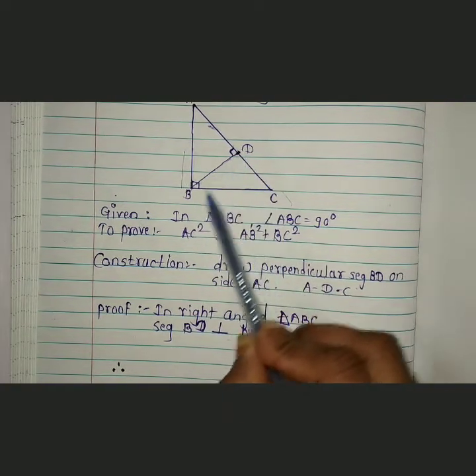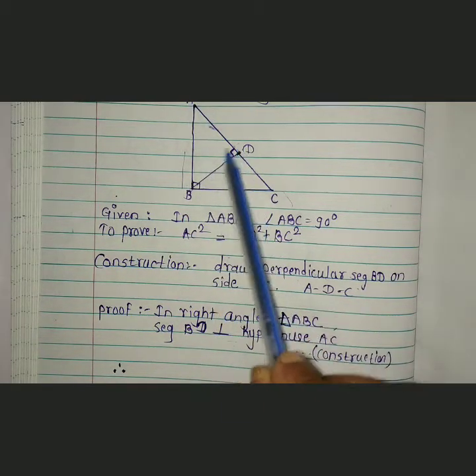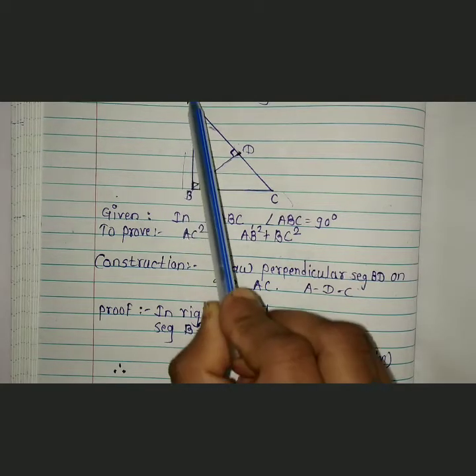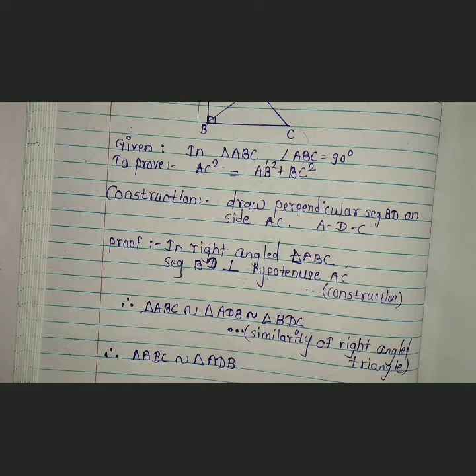By drawing this segment, you get two new triangles. First is triangle ADB and second is triangle BDC. And we know the similarity of right angle triangle theorem, the first of this chapter: triangle ADB, triangle BDC and the original triangle ABC are similar by using the transitivity property. Therefore, triangle ABC is similar to triangle ADB is similar to triangle BDC. Means the original triangle is similar to the two new triangles, and the reason is similarity of right angle triangles.